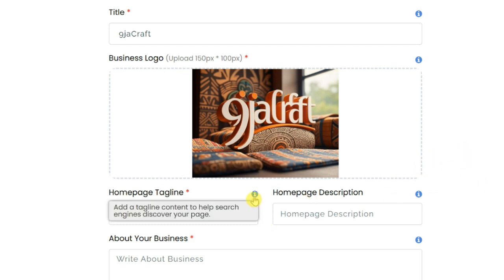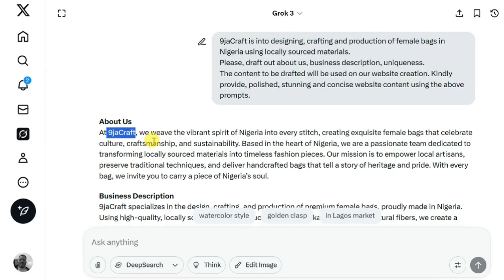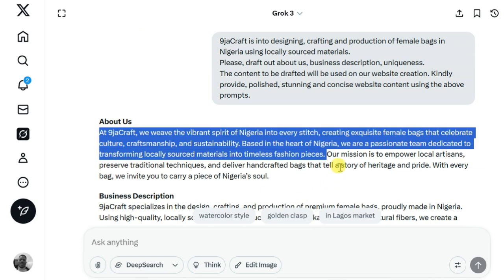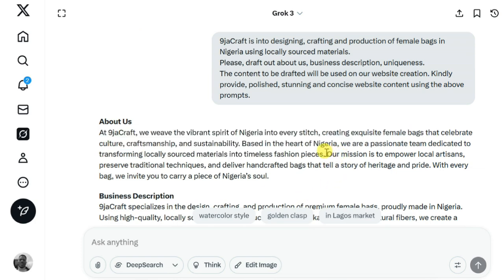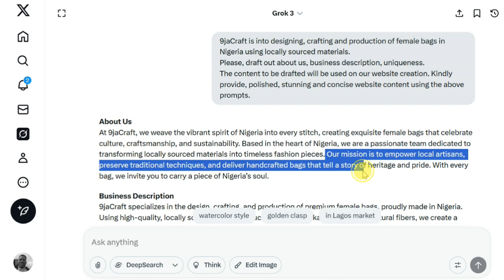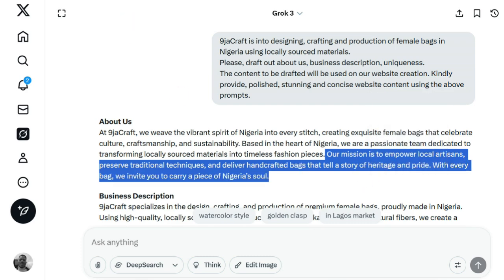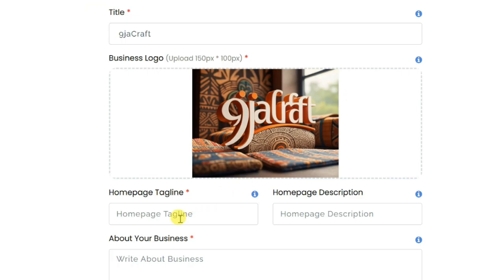Home tagline. Add the tagline content to help search engine discover your page. So we'll add something that when people type the word, it will easily bring out the name of your website. So we say, yes, let's copy from here to here, right?